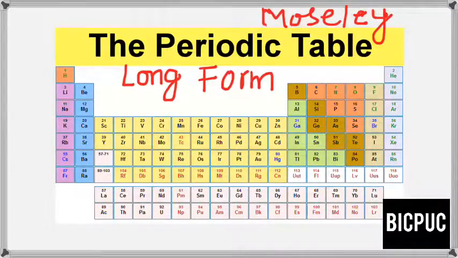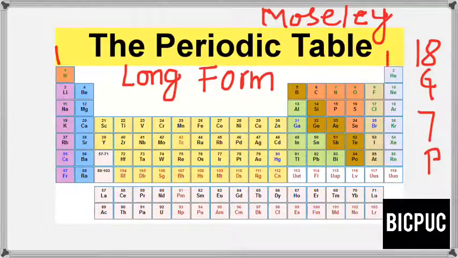For the reason that the previous periodic table, which was given by Mendeleev, contained only 7 periods and 8 groups. Whereas the modern periodic table consists of 18 groups and 7 periods. Group 1 starts here and group 18 ends here.